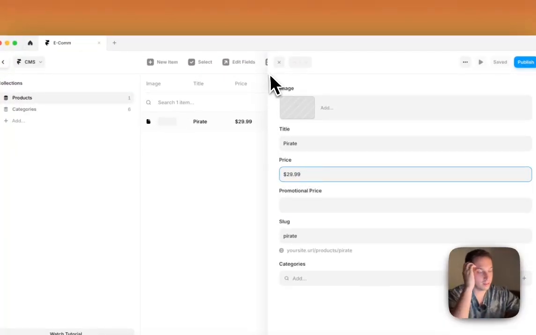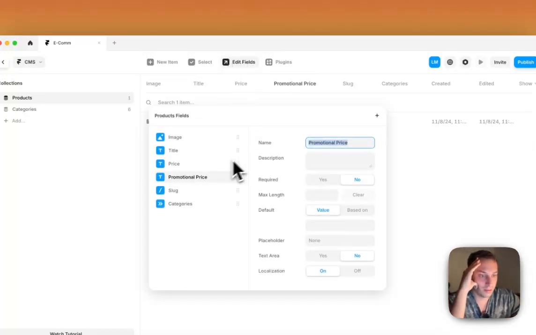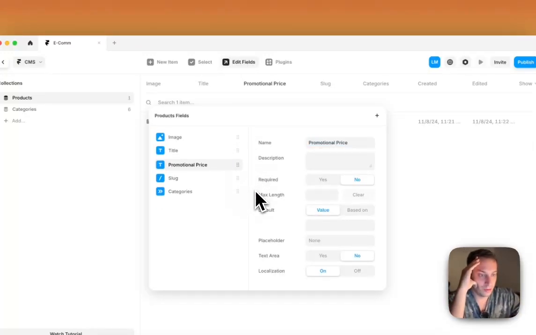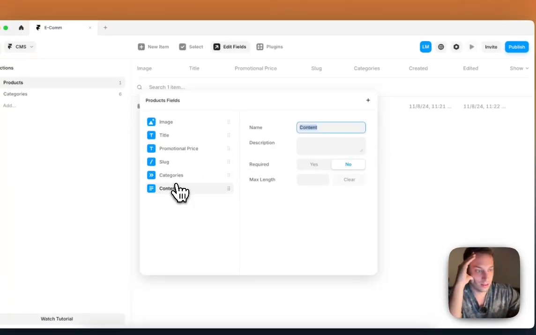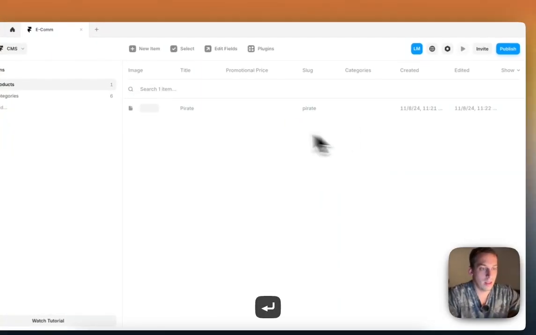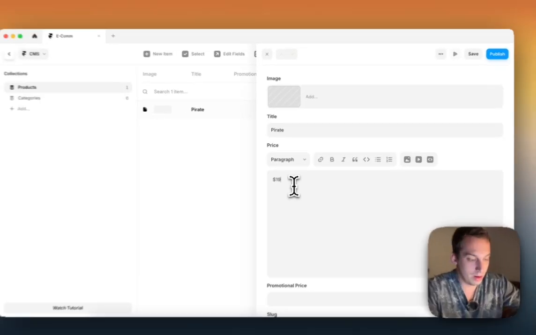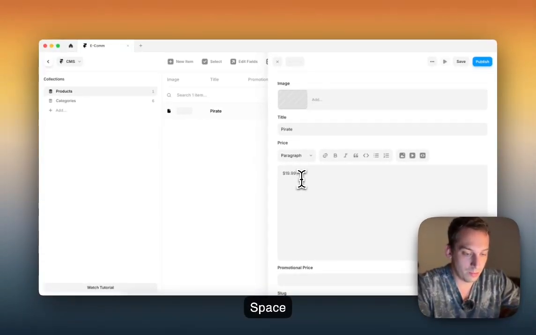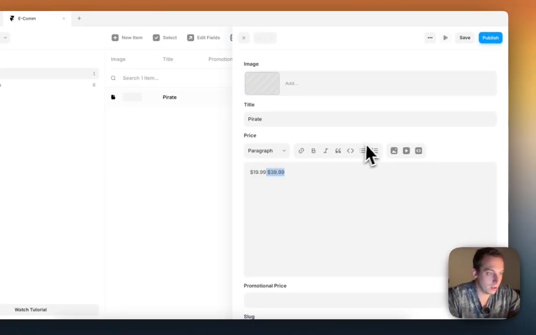Actually, since the price is going to have that underline, what we can do is we can edit the fields. We can remove this price one, and we can add a formatted text. And this can be the price. So we can add price. And then we can open this pirate one again, and we can go $19.99, and then we can write the original price, $39.99, and add a breaker somehow. We can add some type of,